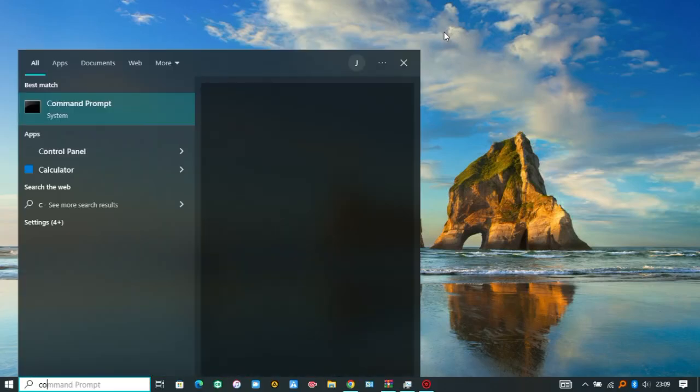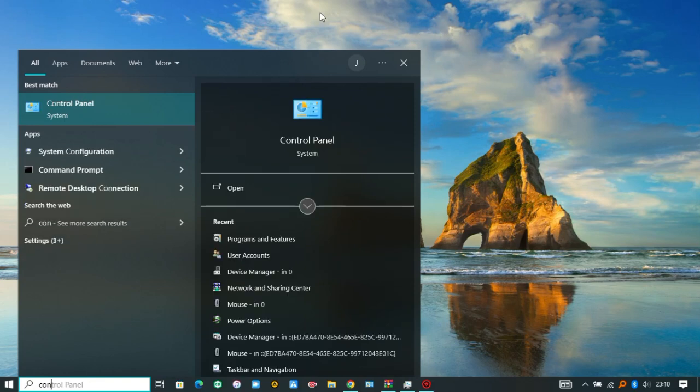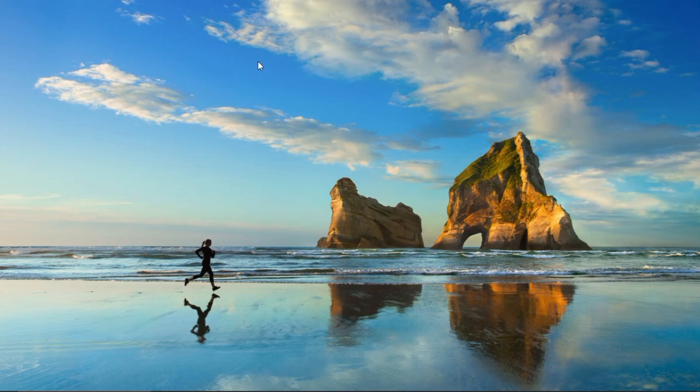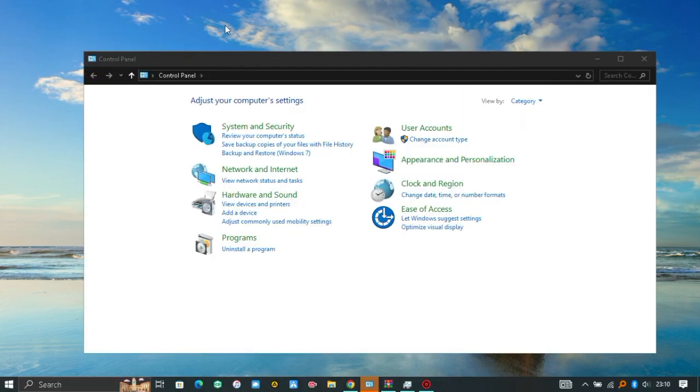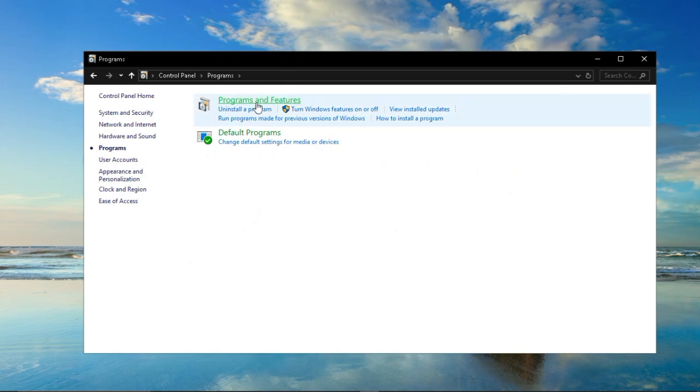I tried to uninstall a program from my computer, so I went to Control Panel and opened it. When Control Panel opened, I went to Programs, and then to Programs and Features,